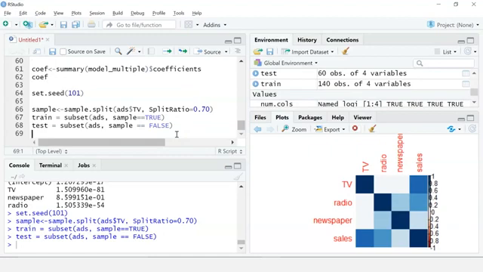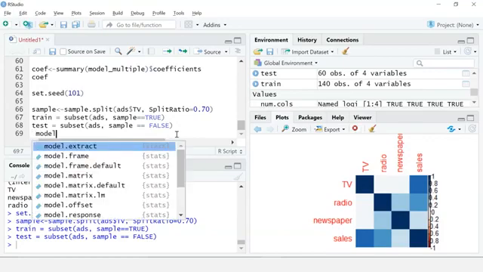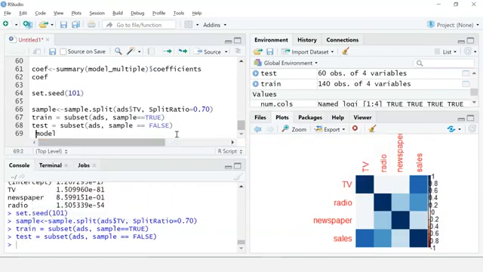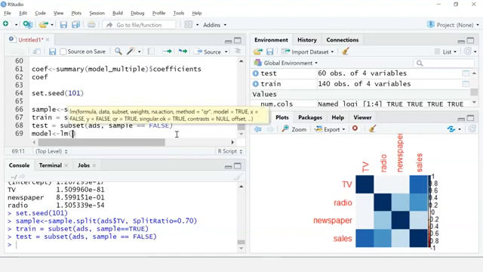Now we will use the same lm function to create our model. So I'll take model as my variable and assign the linear model to it.